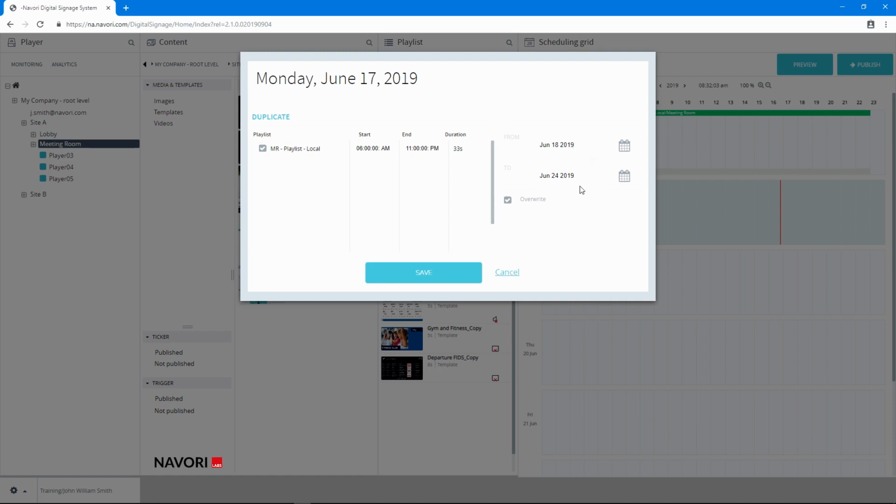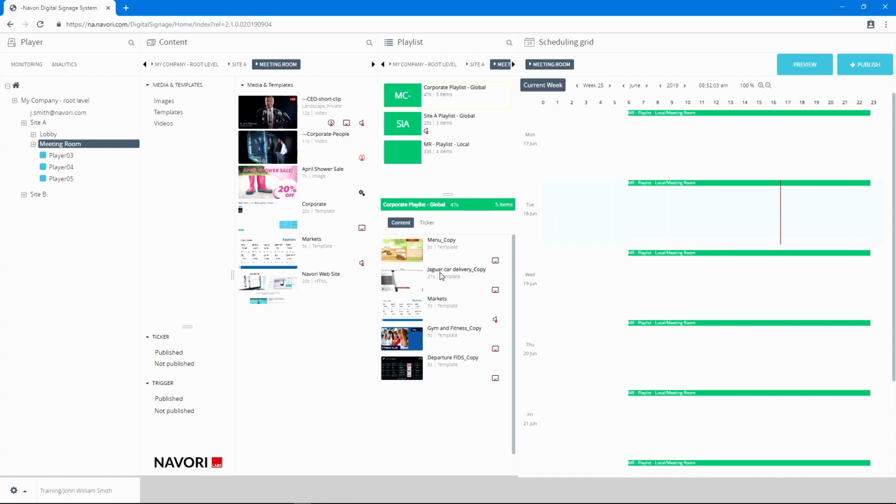If you want to extend your schedule beyond that, click the calendar icon and select the end date. Note that you can extend your programming for months or years from the current date. To program different time slots on different days, or to show different content on weekdays and weekends, select the Duplicate